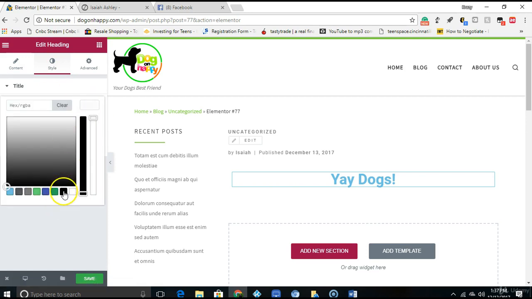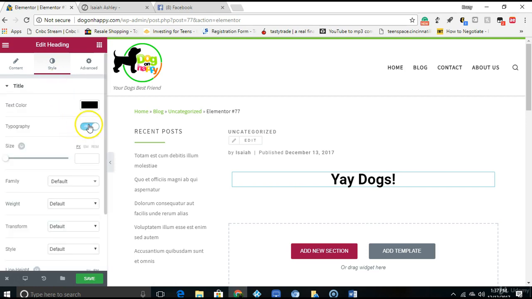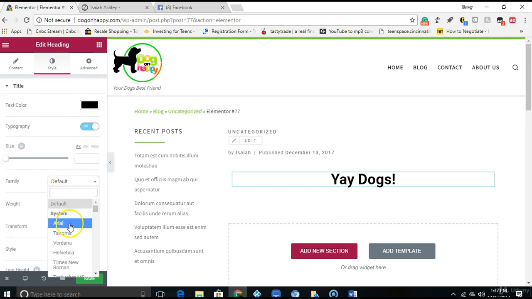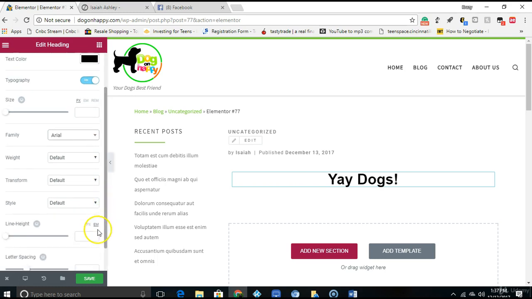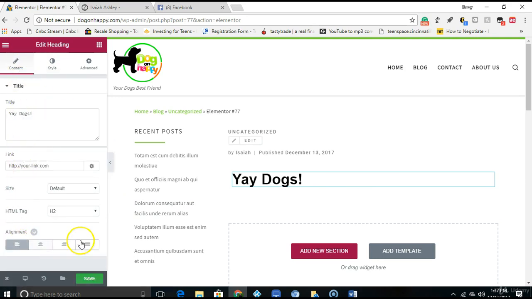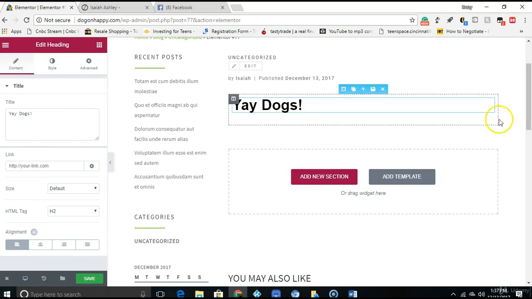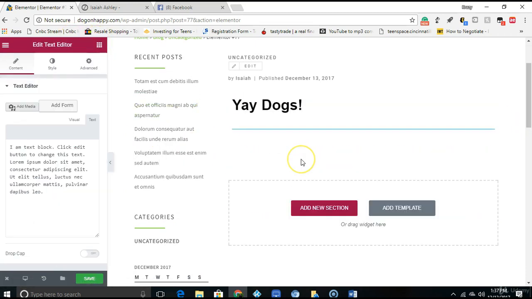Let's just make the text black for now. And we'll change the family to this one. And that's enough for that. And maybe I'll go back over here and align it to the left. And then simply to type up my blog post, drop it right in there,